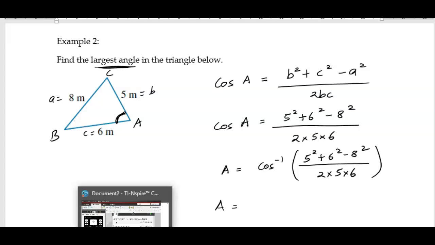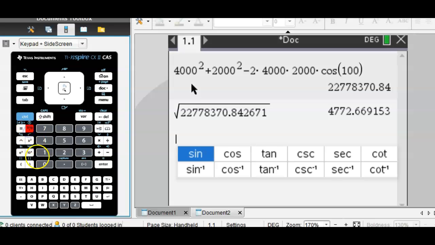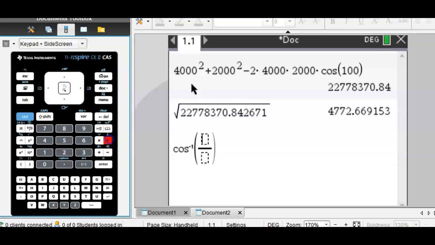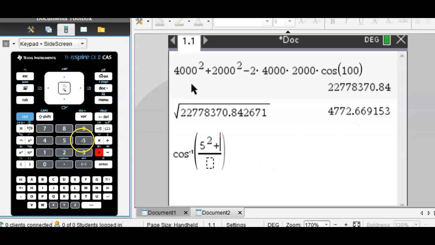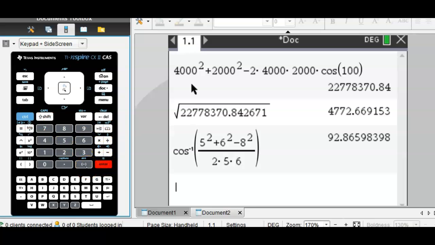So with the cos inverse option, I'm going to create a fraction there: 5 squared plus 6 squared minus 8 squared, divided by 2 times 5 times 6. Control enter gives me the value for the angle is